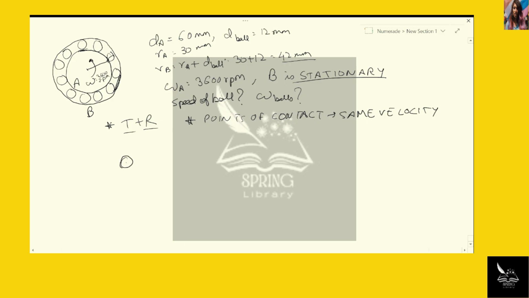Since all these balls are symmetrically placed, if you solve for one ball, you have basically solved for all the balls. The velocity of this point, since this is in contact with A, let's call this point ball at contact A. Since the velocities at the point of contact have to be equal, the rotational velocity,